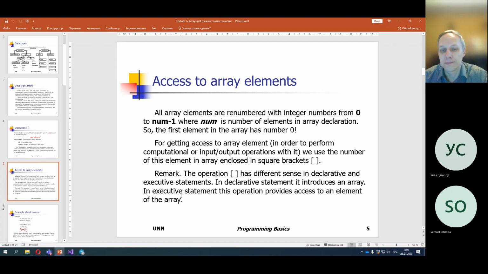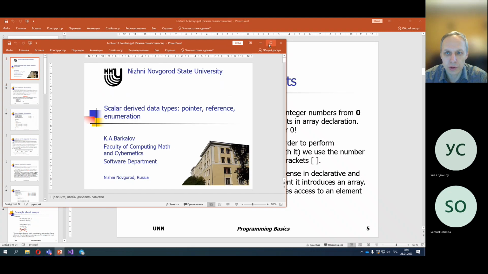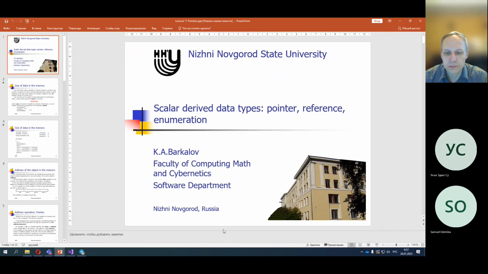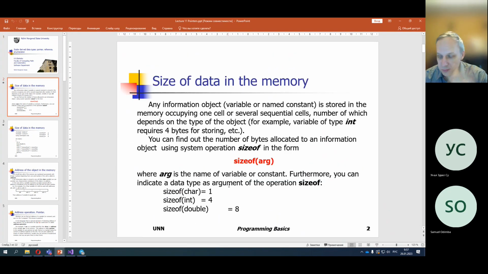Today, I want to consider with you the relation between array and a pointer. That's why I switched to another presentation about pointers. And first of all, let's recall that any information object, any variable, any constant that we use in the program,